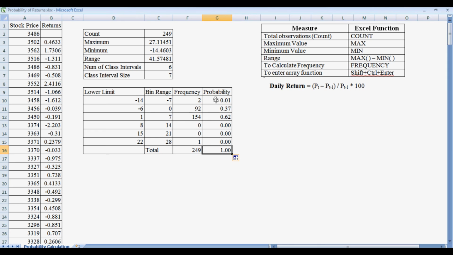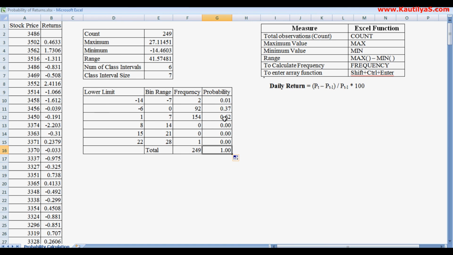Now if you observe here, the maximum number of observations, that is 62% or 0.62 chance, is that the return will be in the range of 1% to 7%. For 1 to 7 we have the maximum number of observations, 154, and the probability is 0.62, and in -6 to 0, 92 observations and probability is 0.37.